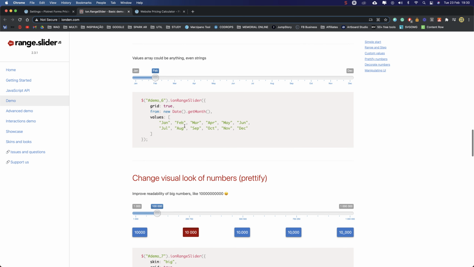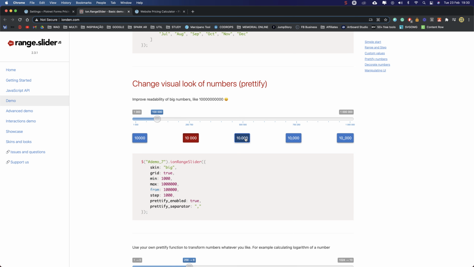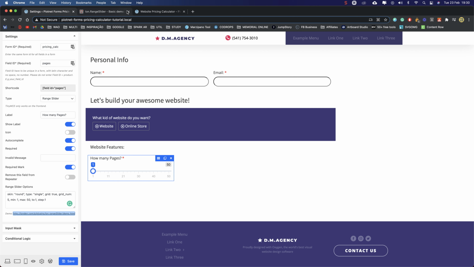You can do a bunch of stuff with this. It's pretty awesome. Okay, let's close this, and the skin is round. We're using single to have just one option here.